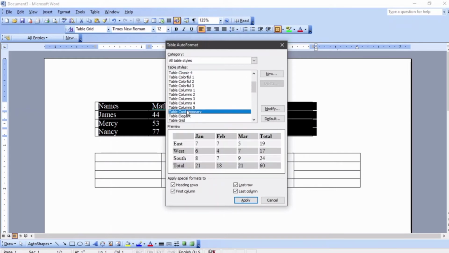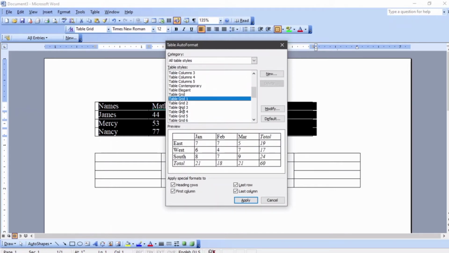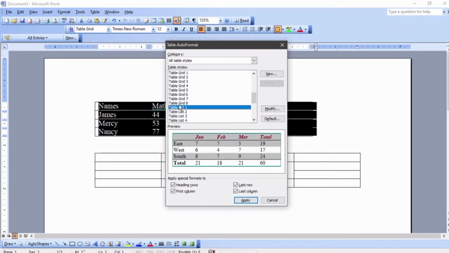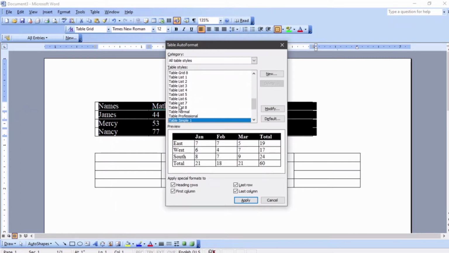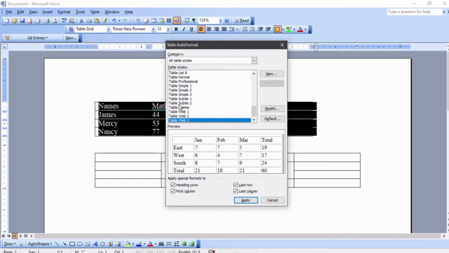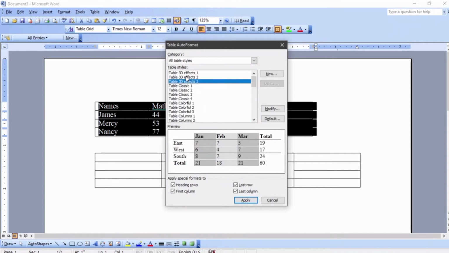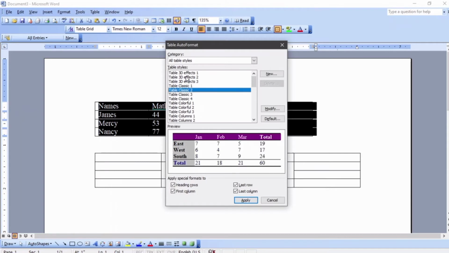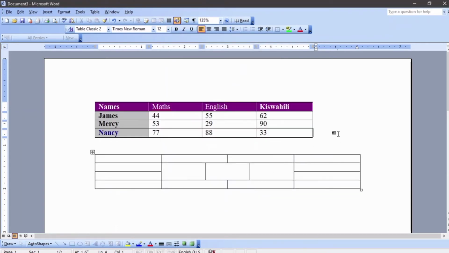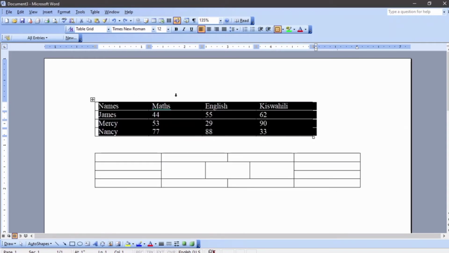You can choose the one that will satisfy your tastes. Okay, so there are several, so we choose that one, and then you say okay. So you see, this is what you call an auto format. You are formatting your table according to the formats that are already in our system. So if I want it to be custom, I'm going to undo by pressing this, or you can press Ctrl-Z